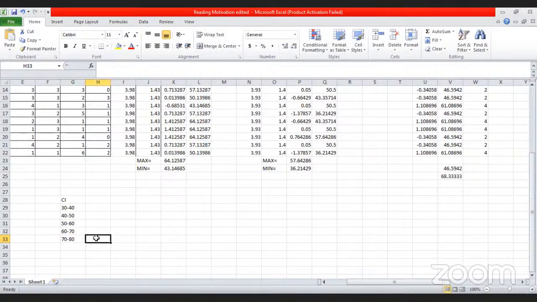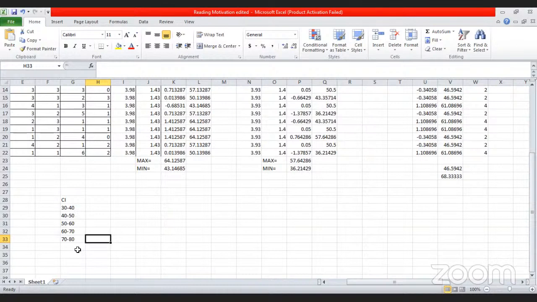We don't need any other because the maximum score is 76, so we can get it within 70 to 80. And the minimum score is 30 point something, so we can get it within this class interval. So this is okay,